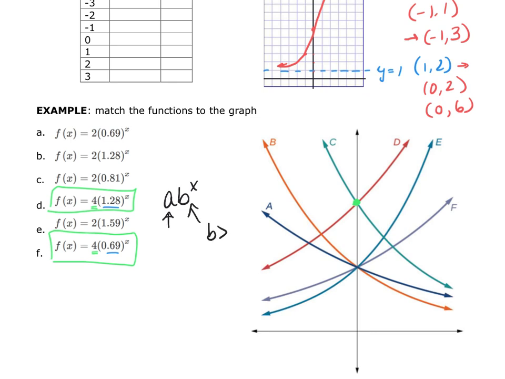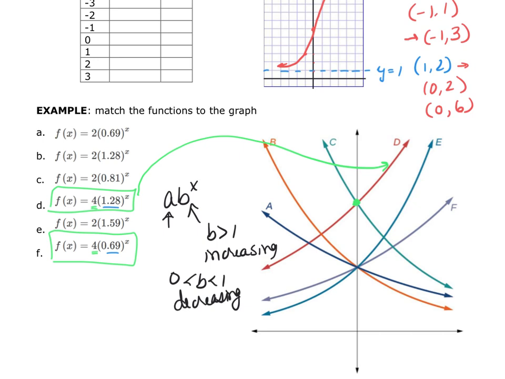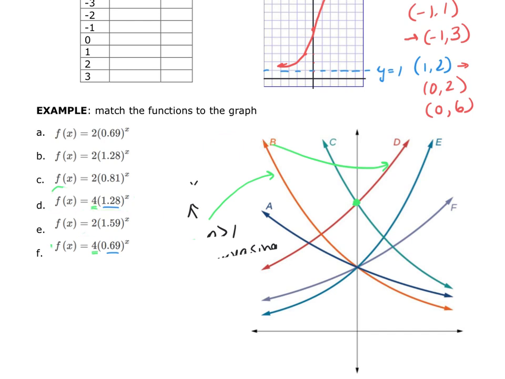Now we know if the base is greater than 1, then we're increasing. And if the base is less than 1 but greater than 0, we are decreasing. So combining those two, since this base for D is greater than 1, then that must be D. Similarly, this must be B. So where we are right now, based on the fact that my graph is increasing from left to right, and it has an intercept of 4, at least that's our guess,